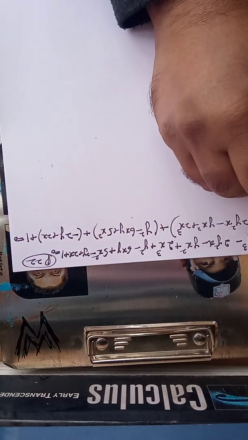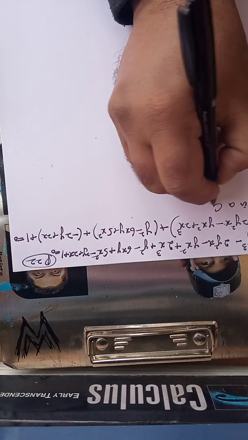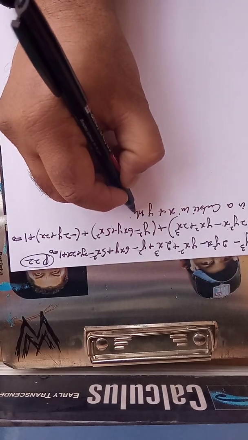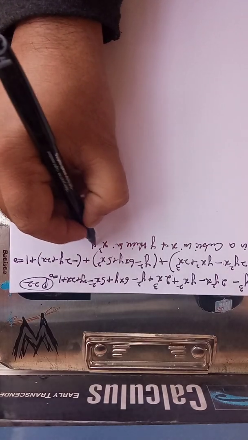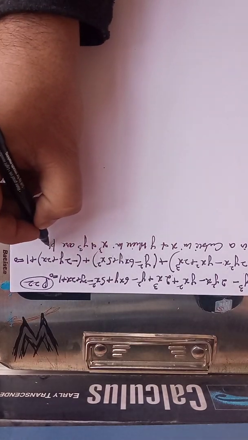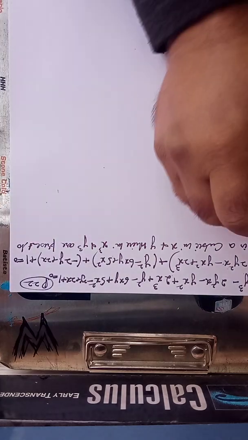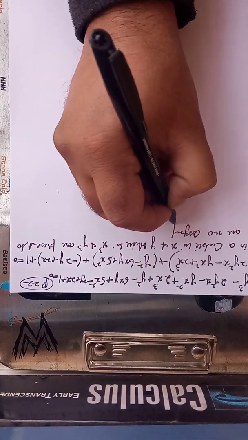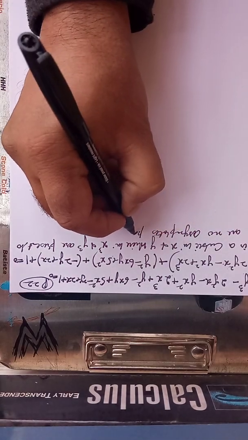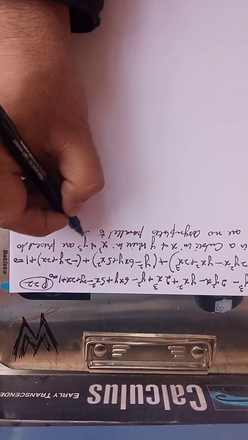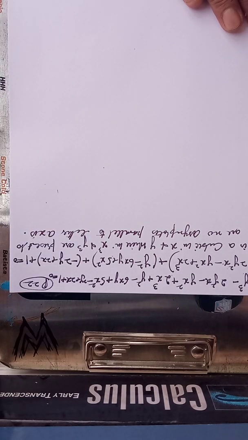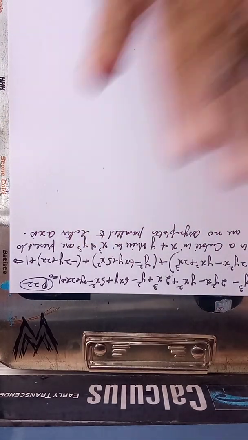Now, this is a cubic in x and y, wherein x cube and y cube are present. So there are no asymptotes parallel to either axis. So all the asymptotes may be oblique because x cube and y cube are present, no asymptotes parallel to